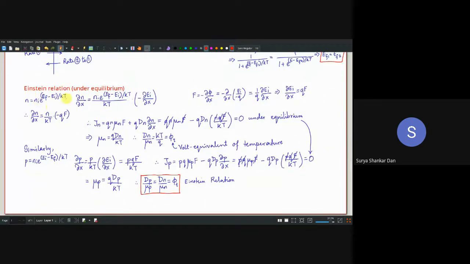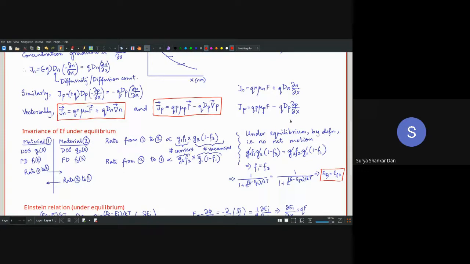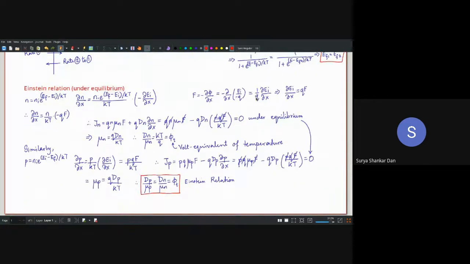This relation is something which we already knew, okay, in our equilibrium carrier concentration discussion. So what we need to remember is that the Einstein relation is under equilibrium. So this equation, whatever we wrote for Jn and Jp, these are for the currents, right? Currents mean movement of carriers. So that means under equilibrium, this is always going to be 0, right? Total current has to be 0. So that is what I wrote over here. So Jn, this relation has to be equal to 0 under equilibrium. For Jp, that is the total hole current density, will also have to be equal to 0 under equilibrium.